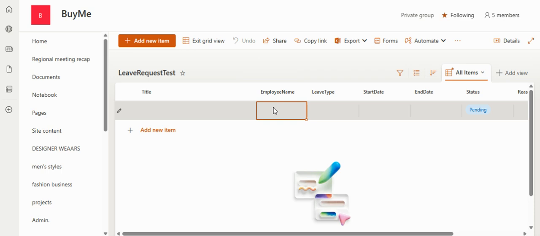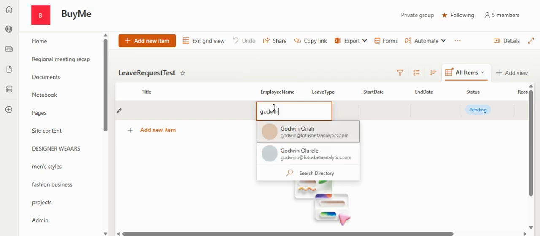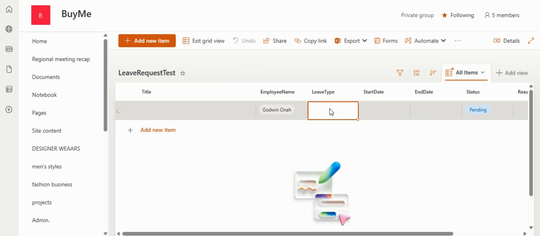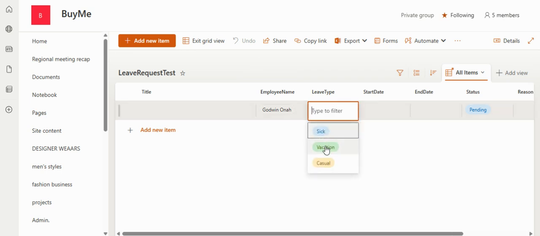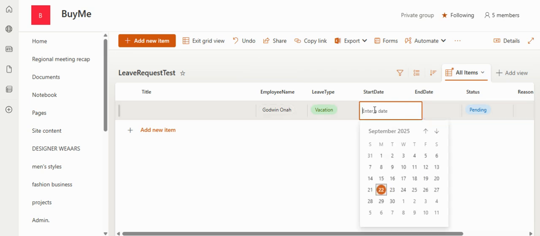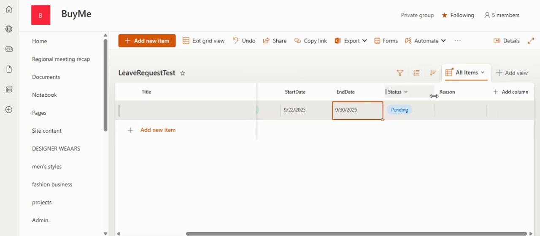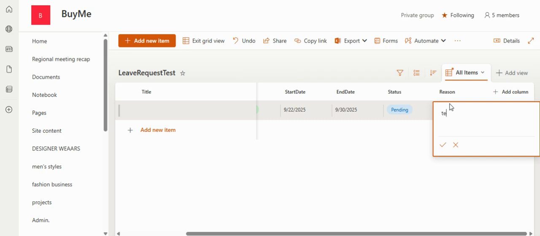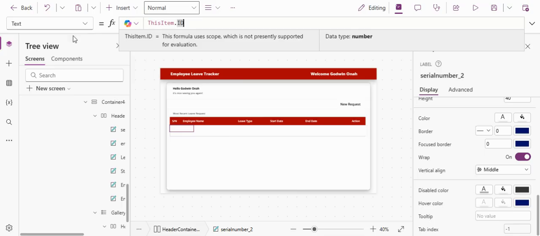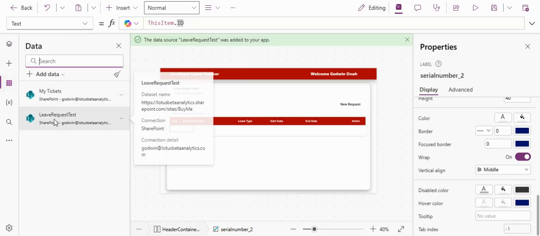Employee name, Godwin. Leave type, vacation. Start date, let's use today. End date, let's use the 30th. Then the status is pending. I think reason for now we will not use. So once we are done with this, we can go back to our application and refresh our data source. So once you refresh,